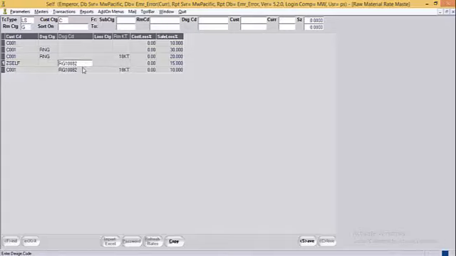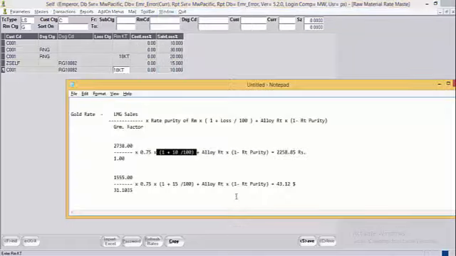As we can see over here, in system, user has defined the loss percentage as 10 for RMKT 18. So system will always give the preference to the design code and the RMKT combination, and accordingly the loss percentage will be applied as 10.